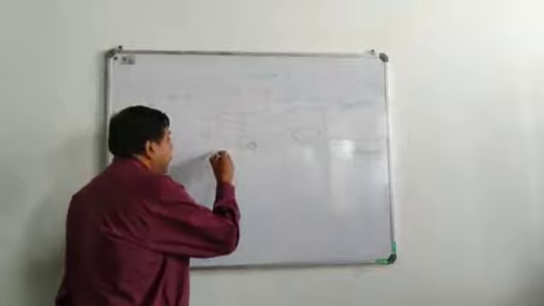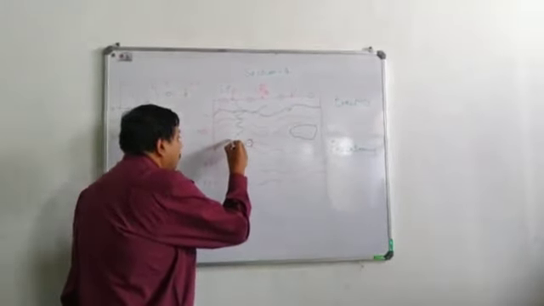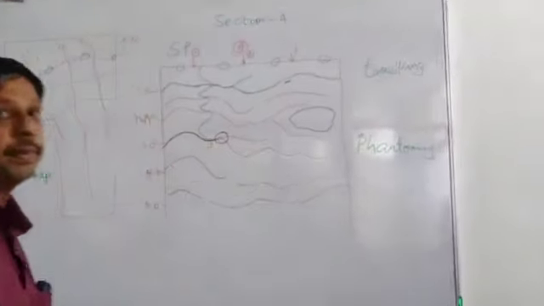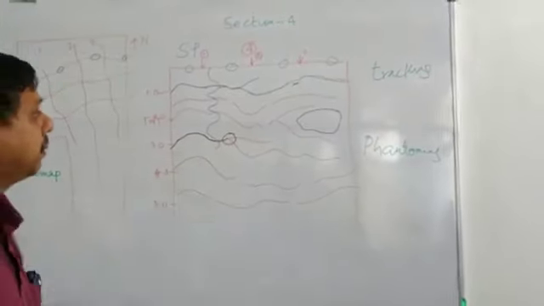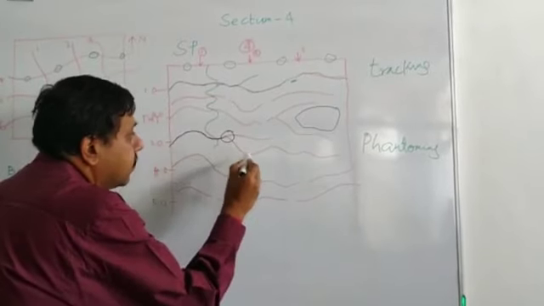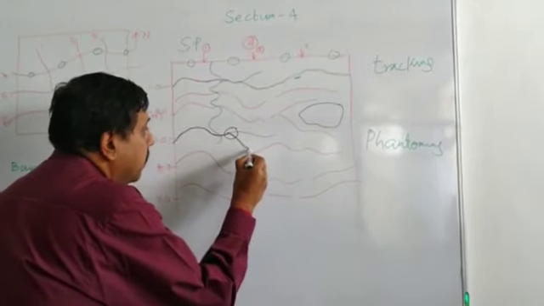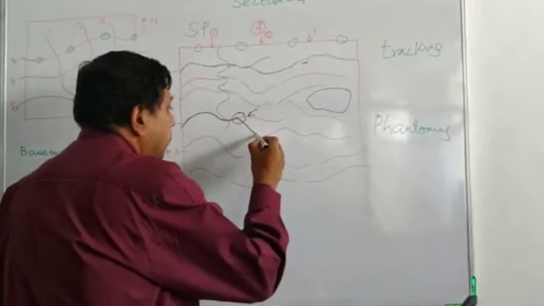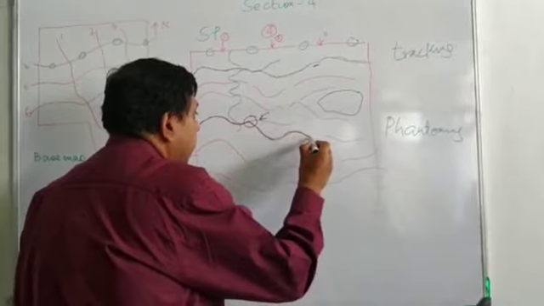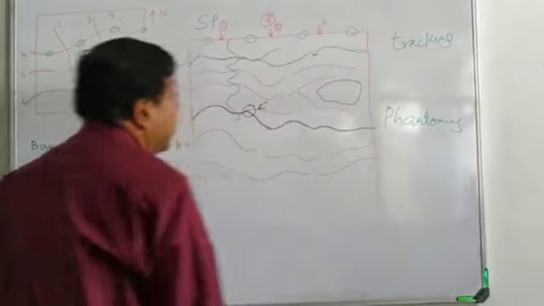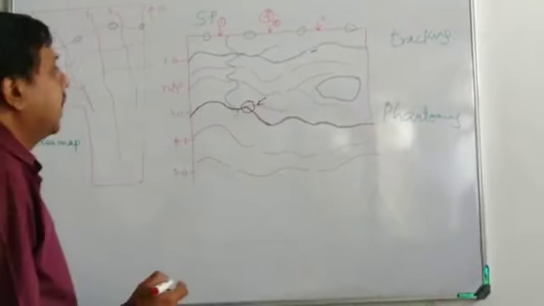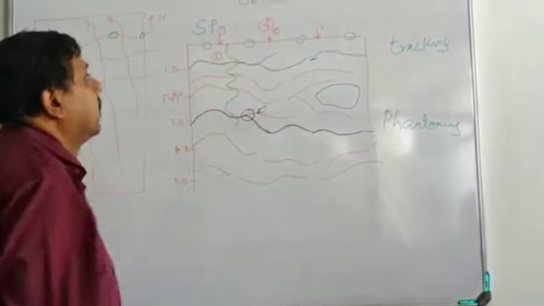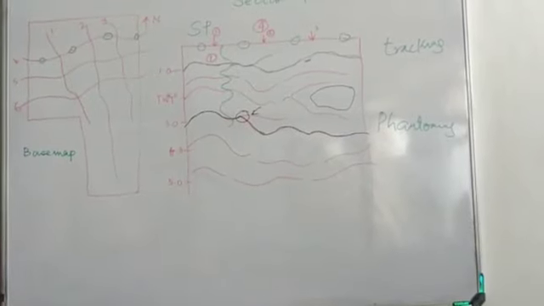Now if I want to fix this or track this horizon, I will go like this, I will go like that. I will have two options, I can go up and I can go down. But based on the characteristics which I see, I have to go down, and this is what we know as cycle splitting. I will go to the lower acoustic impedance boundary, and I will try to complete the horizon which I wanted to track.